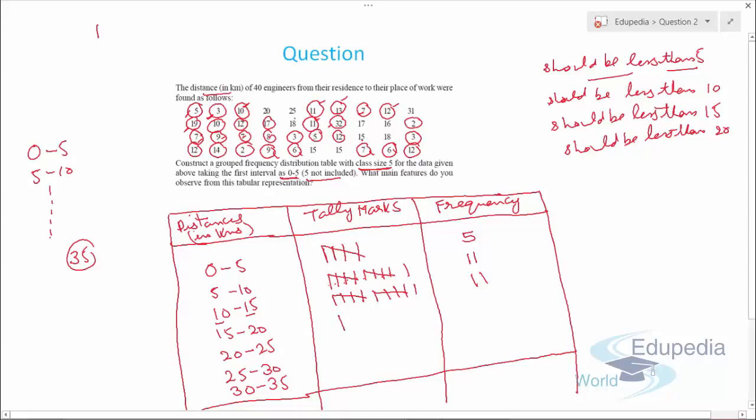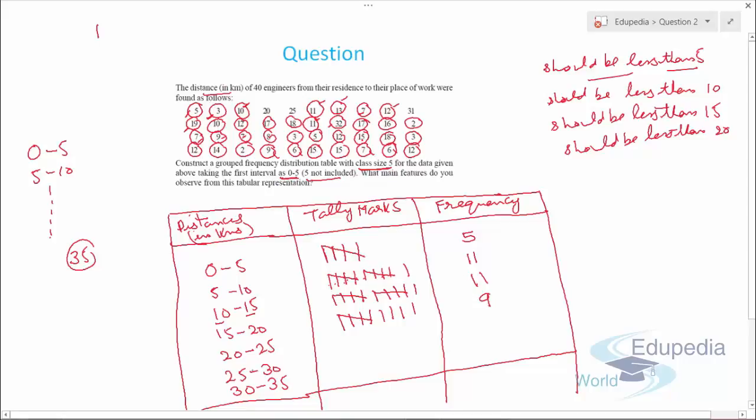Again second, third, then fourth and fifth, then sixth and seventh. We need to search very properly. 8th and 9th, right. So 8 and 9, so total is 9 now,